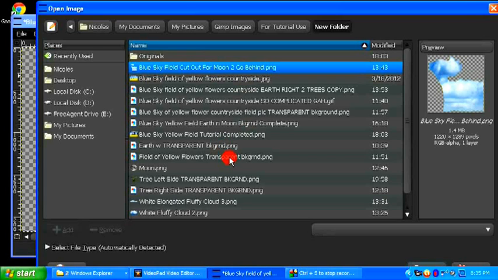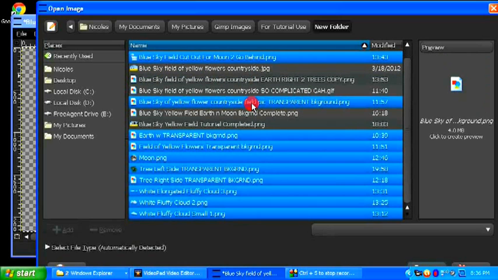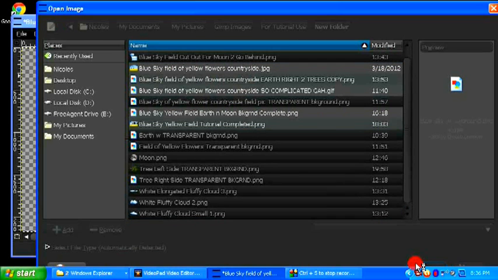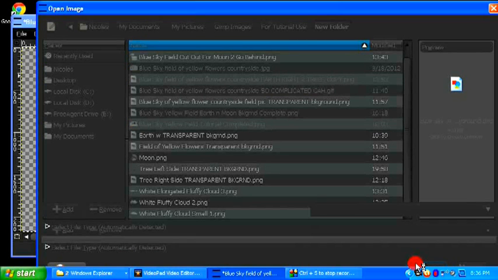So click each one by pressing Control and holding it down. Okay, we pressed Control and we clicked each one of the pictures that we wanted to open up in this project, and we press Open, which you can't see mine, but it's down here,